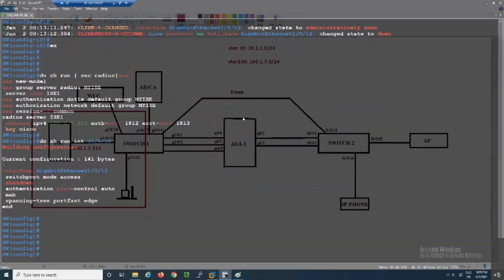Okay, now we can go to ICE. On ICE, what you need to do, you need to configure all the things like dot1x. Okay, on ICE also, first of all, you need to integrate this switch with Cisco ICE so that Cisco ICE can accept the authentication and authorization request from this switch. Okay, and after that, you need to configure MAC address. You need to store the MAC address of endpoint in endpoint identity store of Cisco ICE.